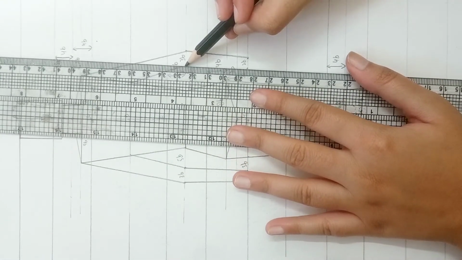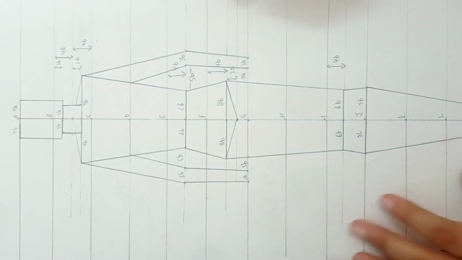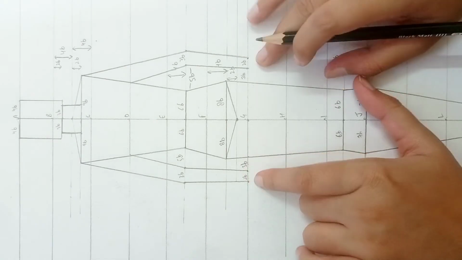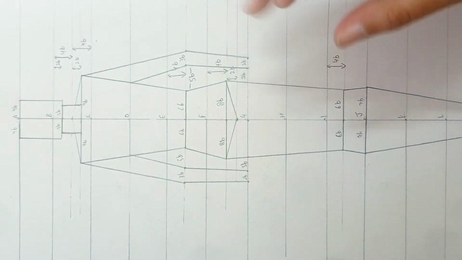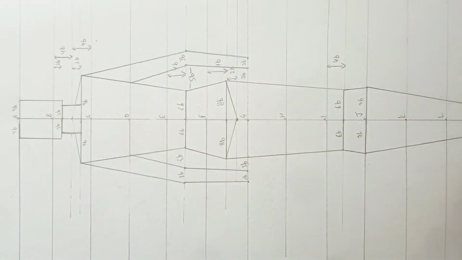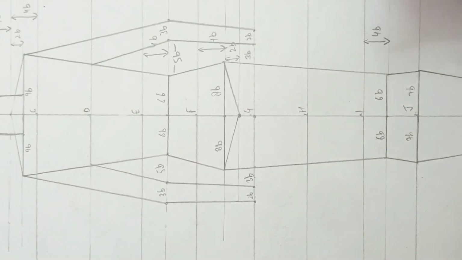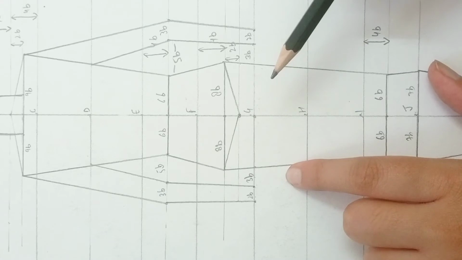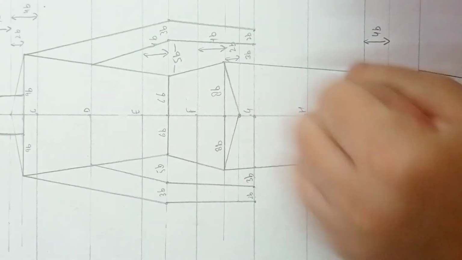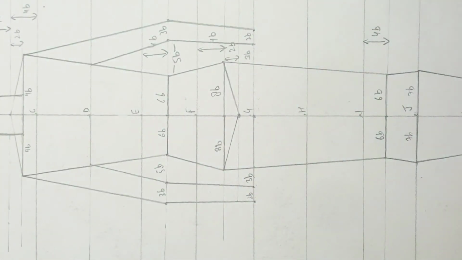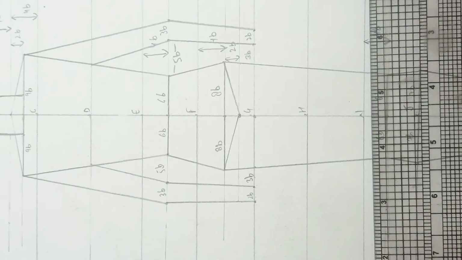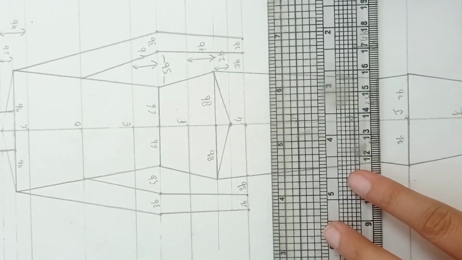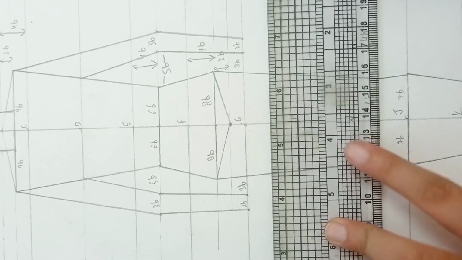Here and here. So we have got our wrist area. This is our wrist area. And now the last thing and the important thing is, at this G and H section, our hand area will lie. For that, let's draw an imaginary line at the half. So this is the half of this G and H.